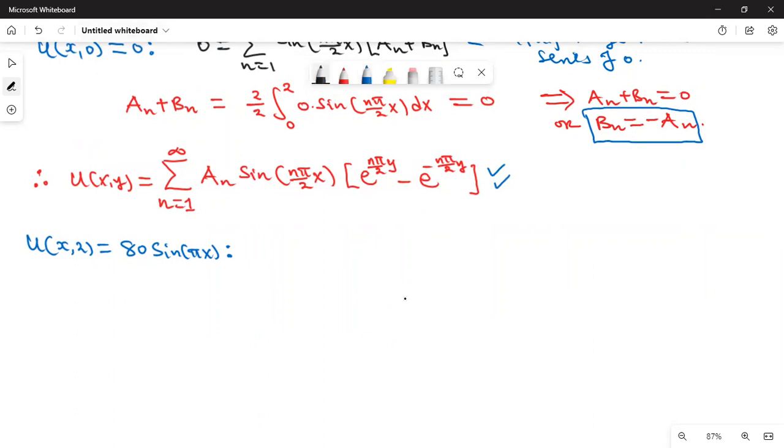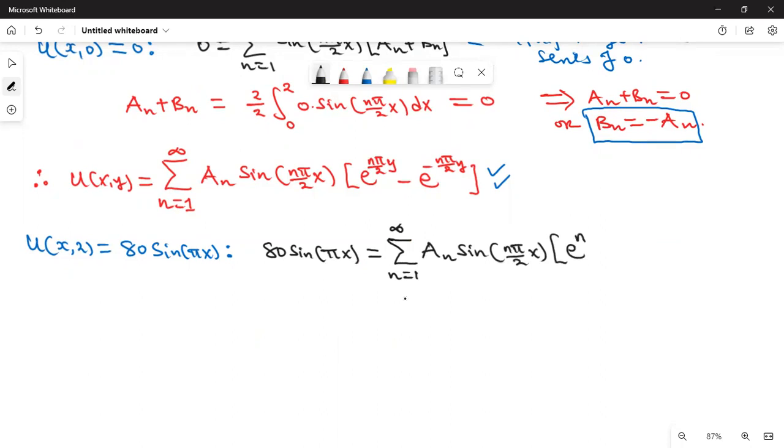So we are going to say 80 sine pi x is equal to, remember now y is equal to 2. So this is the sum from n equals 1 to infinity, a subscript n sine n pi over 2 x. And here we have exponential